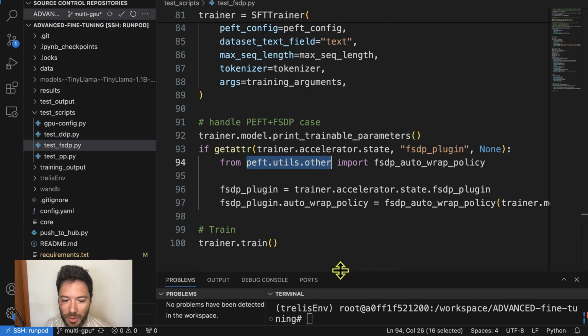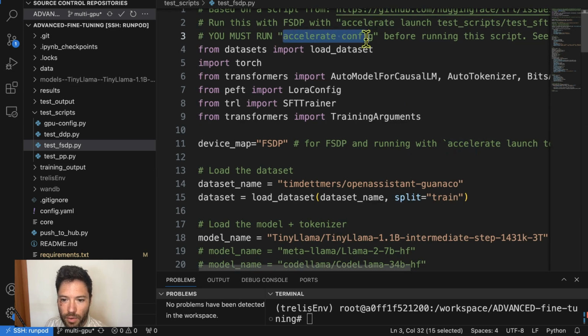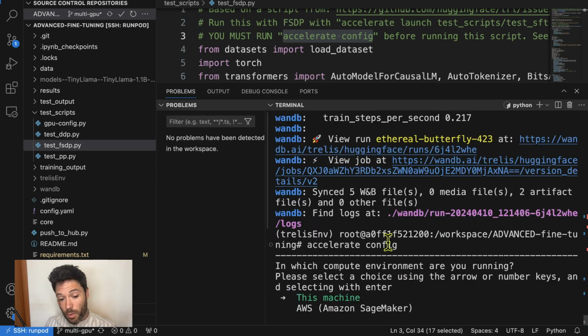Okay, now, before we run this script, which we're going to run using accelerate launch, we actually need to run a configurator. And we run the configurator by running accelerate config. And this is the same configurator that can be run if you want to run in DeepSpeed as well. So let's go through a series of questions. Do we want to run on this machine? And by the way, this is the machine I'm SSH'd into, which is the Runpod machine. So yes,